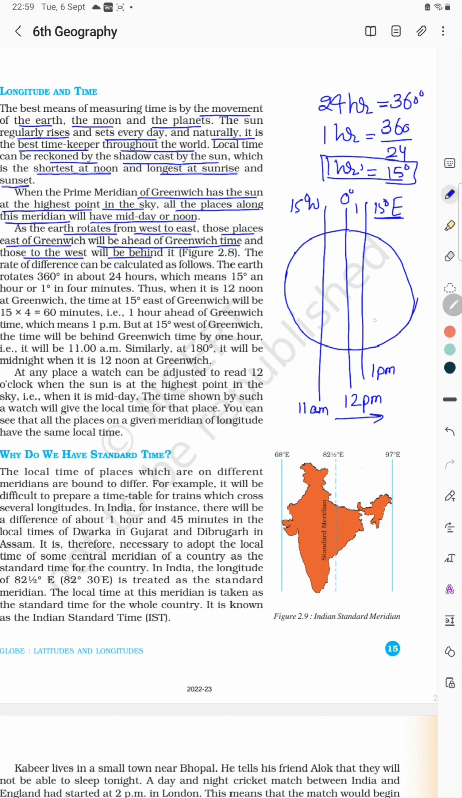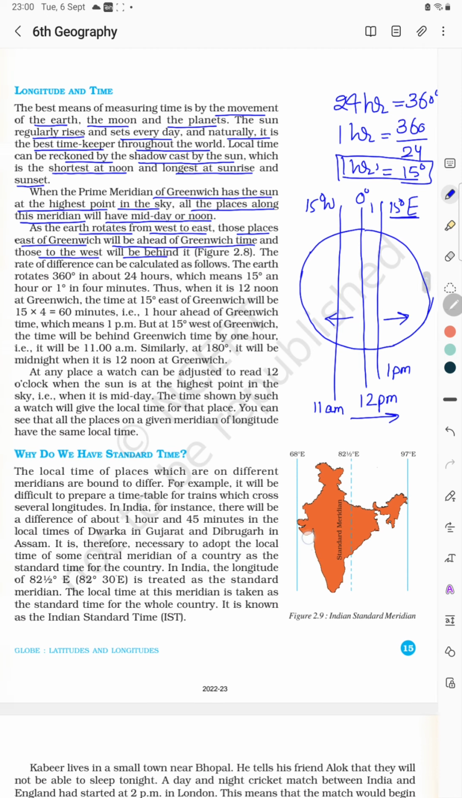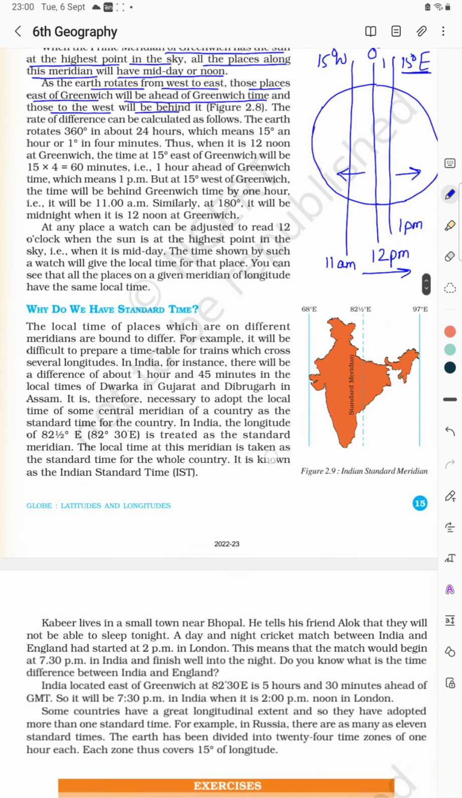As we have learned, from the Greenwich line, as we move towards east, the time is ahead of Greenwich time, and if we move west, time is behind Greenwich time. Okay, now